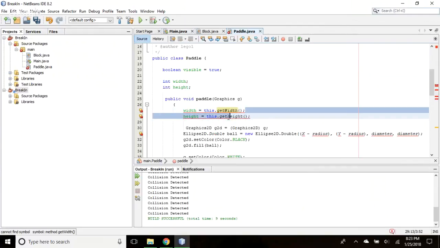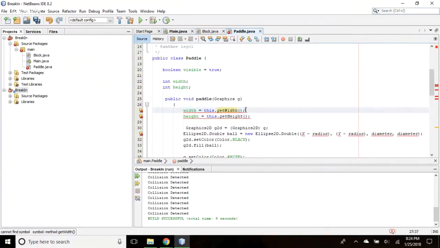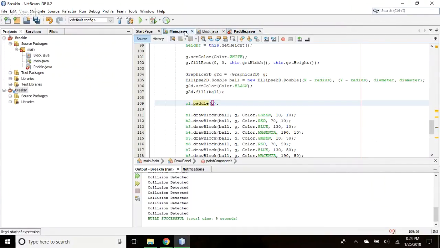So why don't we just do int? Why don't you define int height and width when you initialize it? So let's say width equals. How big are you gonna make this paddle? I don't know. I don't have anything to go off of since I haven't actually seen it drawn yet. So yeah, say equals 30. You should just make it like twice the length of a block, maybe. That would make sense. It would look right that way.